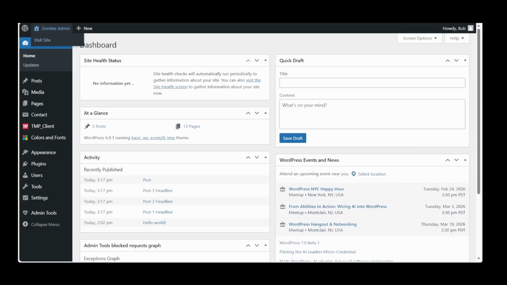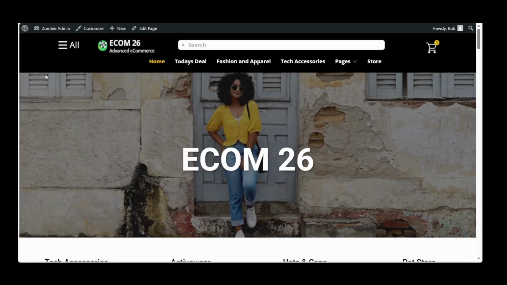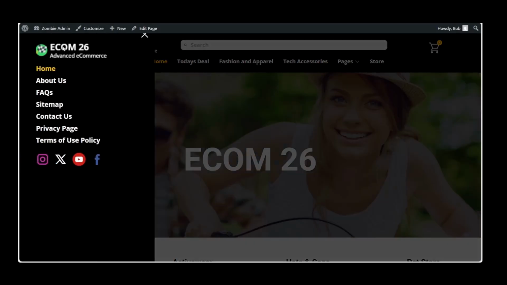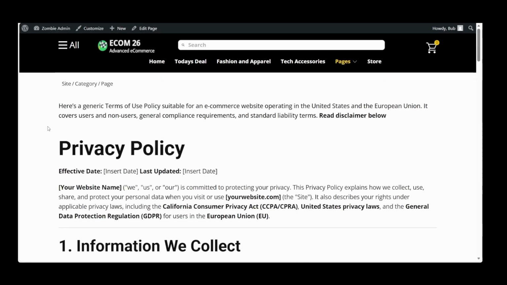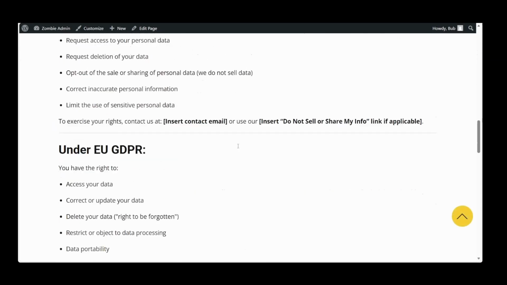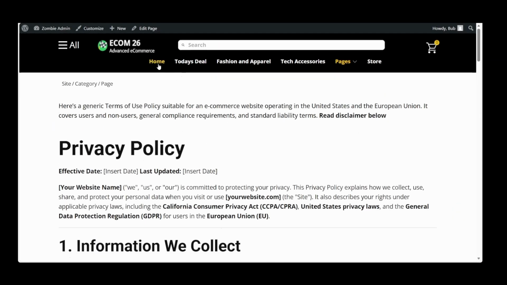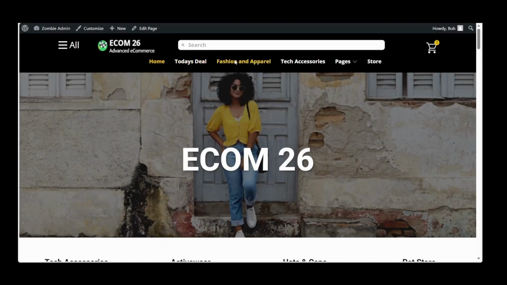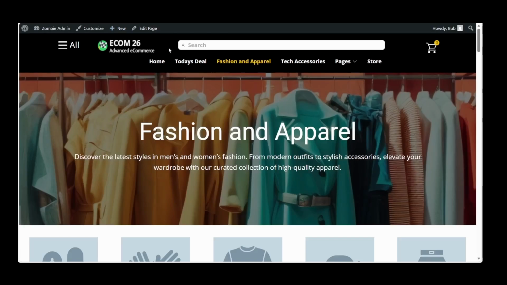And let's take a look at the front end of the website. Let's go to the All menu that was giving us problems. You see all the pages here. Let's go to Privacy page, and that links out. Very nice. And there it is. Take a read on that if you like. And there's our home page again. That looks all good. We see our menus, and I like that.